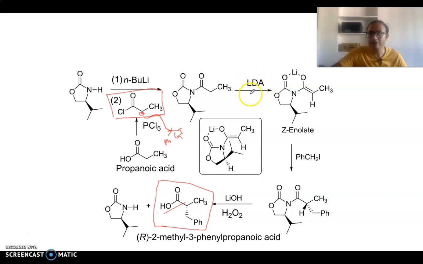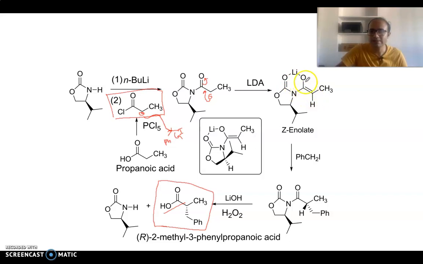Once you introduce this chiral auxiliary here and then you treat it with base, that is lithium diisopropylamine, what happens? Again an enol is formed and an enolate thereby forms. So what is happening is once you generate a negative charge here, it can form an enolate. Okay, so that is the enolate that is formed here. Once the enolate is formed, because we have lithium present, they can form a charged ionic state here.